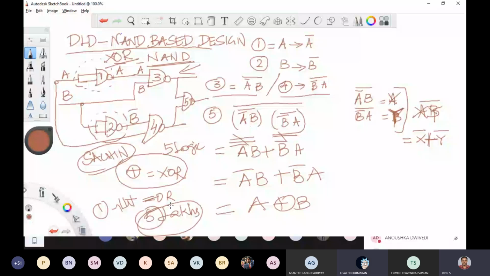Now one girl actually corrected this A, B as X and Y. Can you tell me what is her name, please? Abanti Gangopadhyay, sir. Thank you, Abanti. Now I'm giving one design, developed by Abanti. I'll give you the circuit diagram. I want everyone to solve this now and tell me what is the cost of this circuit. I'll draw the circuit here.